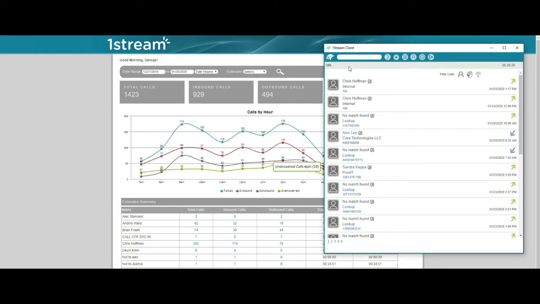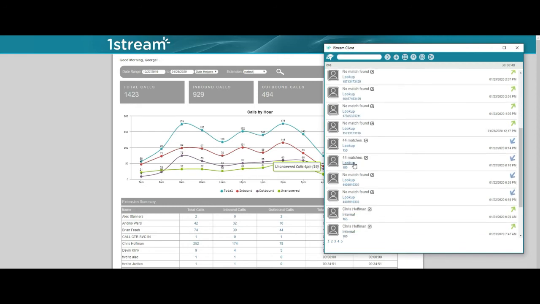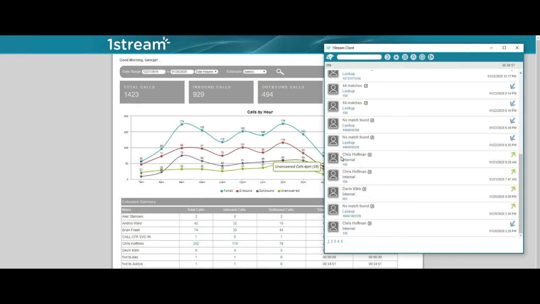The other thing that we've done is, from a click to dial standpoint, you can click to dial from within most of the CRMs, ERPs. You can also click to dial here from the OneStream client. Again, this client is an integration client. It does not matter what your extension endpoint is. Could be a soft phone, mobile app, desktop phone, conference phone, doesn't matter. And you can retroactively go back in your history as you've seen here, so there's really no reason to not go back and make sure all of your stuff gets into the system.